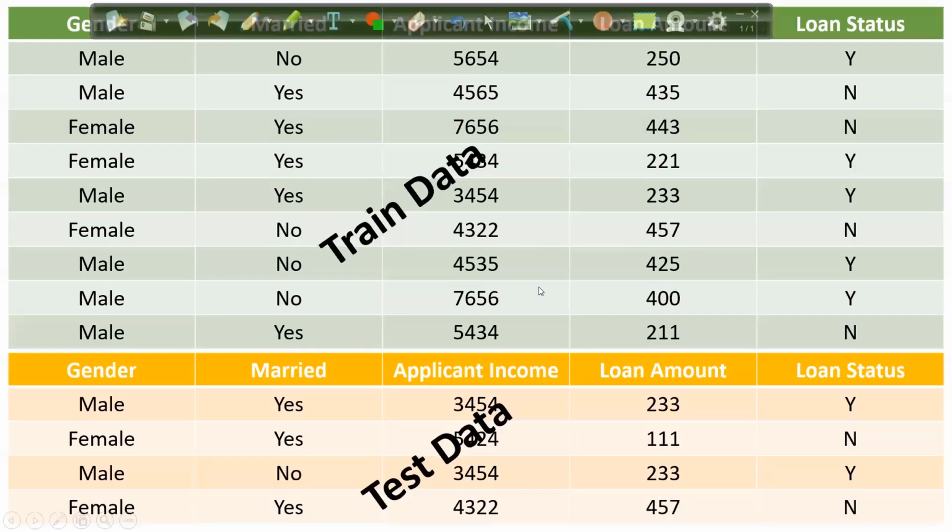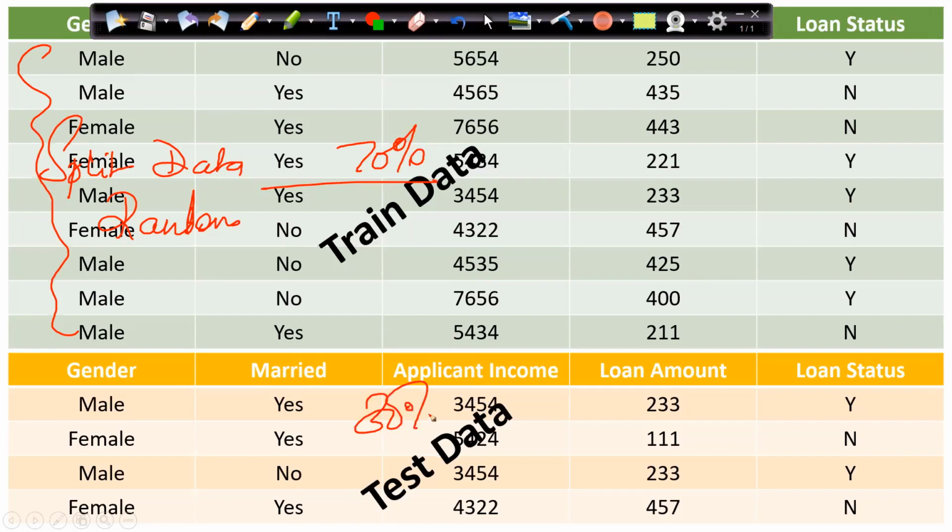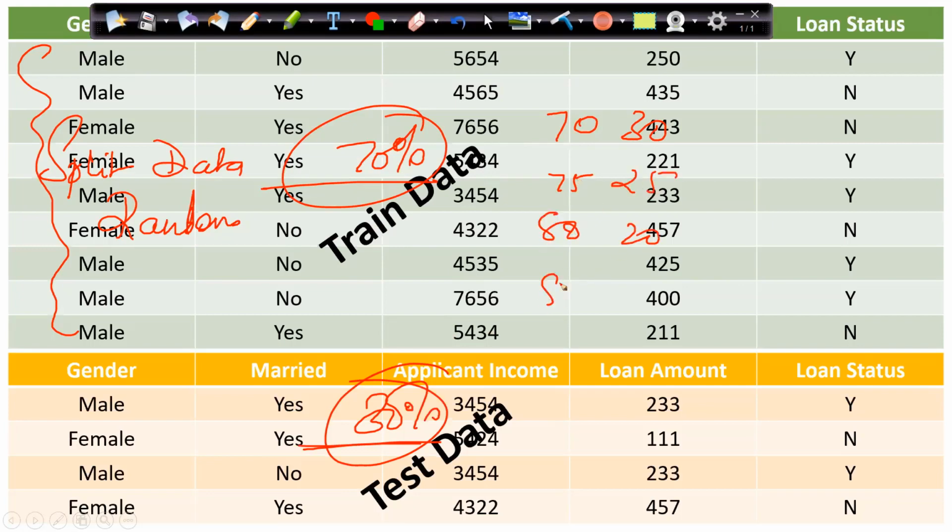Here is my data set, right? So I split the data. Basically I split the data randomly. It's a random split. Here few records are there, which is, let's assume, my 70% of the records, and this is my 30% of the records, right? Again, the percentage can change based on the requirement. Normally we have 70-30, or we have 75-25, we have 80-20, right? Sometimes we go with 85-15 also. So that is how we split the data.